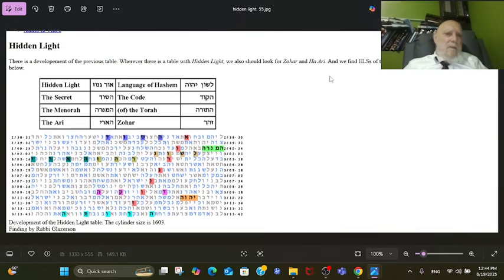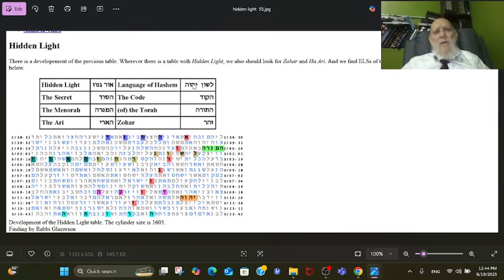Important: if you remember, before we did a very important table about the codes, the Torah code, that has to do with the hidden light and the secrets of the Torah, of Isaac Luria and so on. It was a very significant table, which I found. So as I said, TorahCode.org has a lot of important material about the Torah code, the Bible code, which is so important.